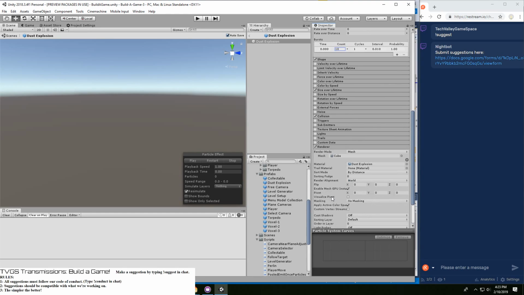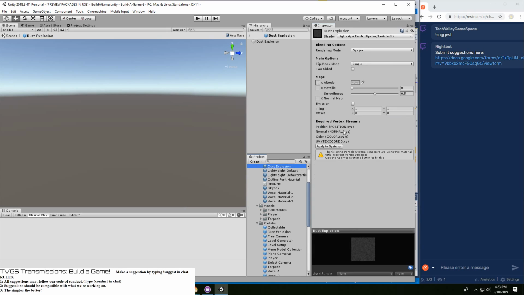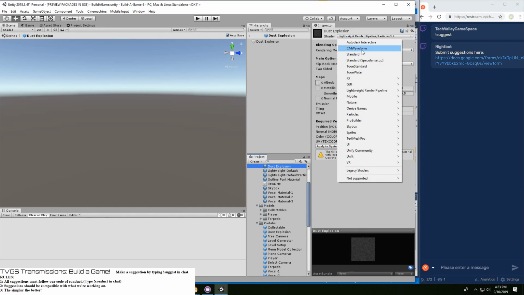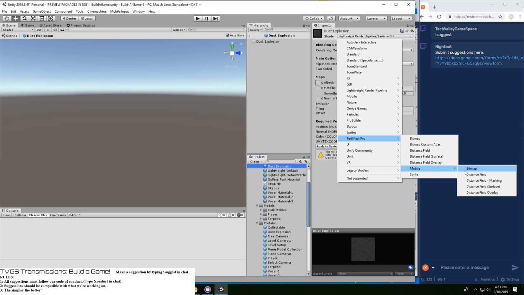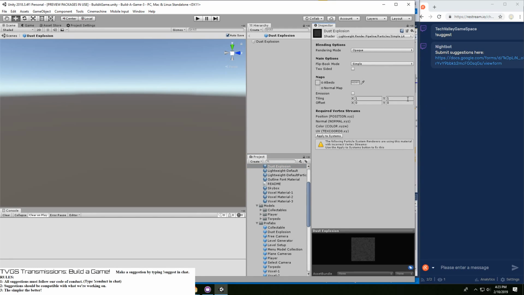But more importantly, I don't think the rendering simple lit is working as well as I hoped. So I don't mind it being lit. Maybe it's simple lit? I don't know.